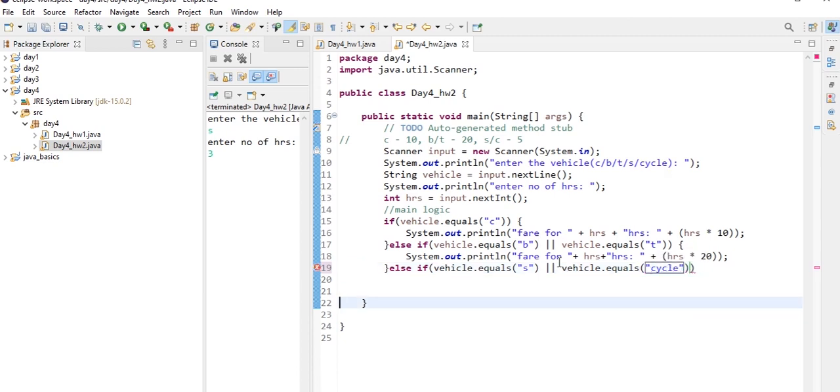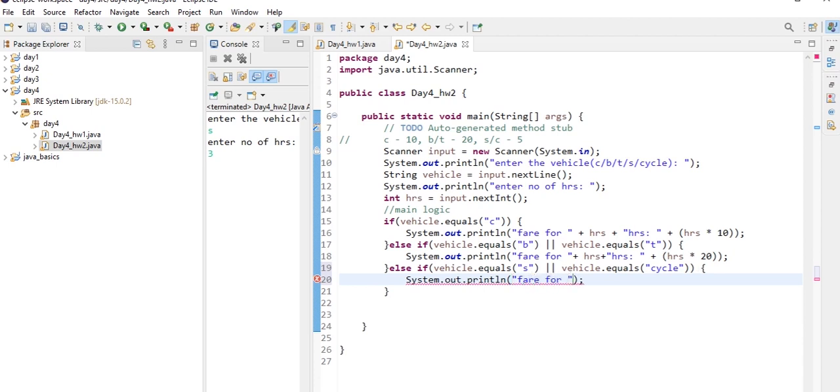If vehicle equal to S or vehicle equal to cycle, what we have to print something here, that is fare for hours is, that is hours into the fare for scooter or cycle, that is 5 rupees.